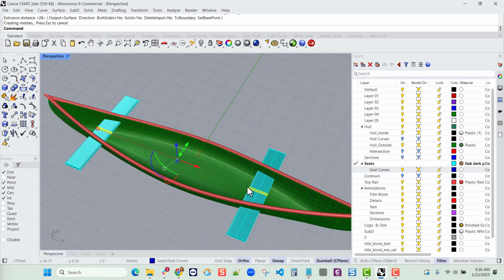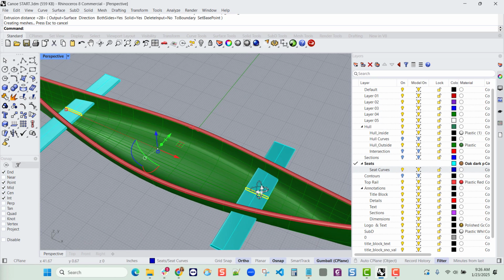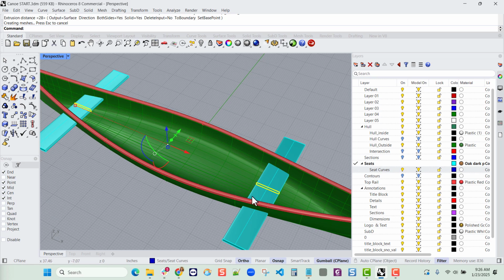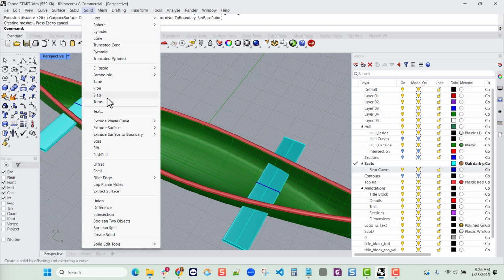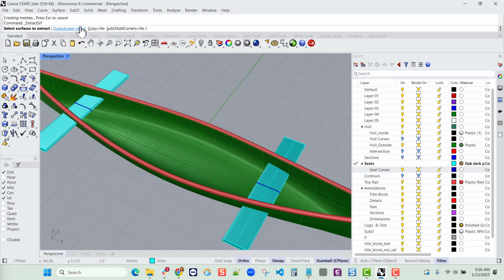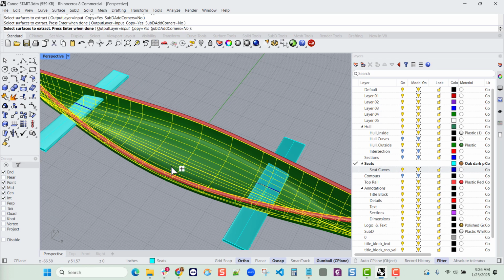So we're going to use the Boolean command to help us make sure that those seats contour to the inside edge. So let's go ahead up to solid, and the solid menu has a command called extract surface, and I want to extract the inside of the hull with copy. So I'll pick here and here,